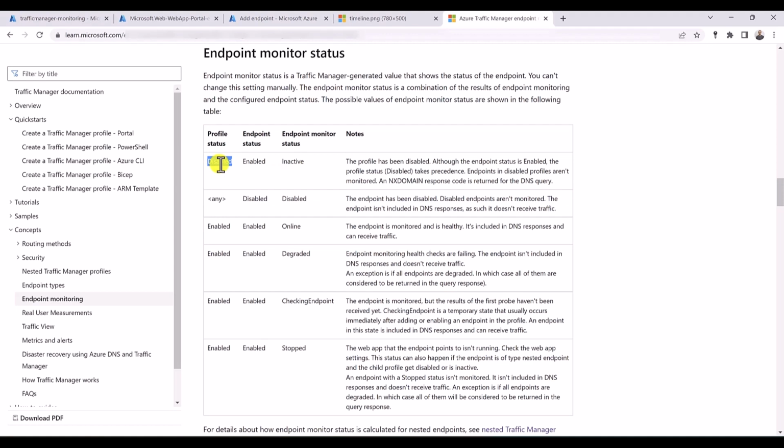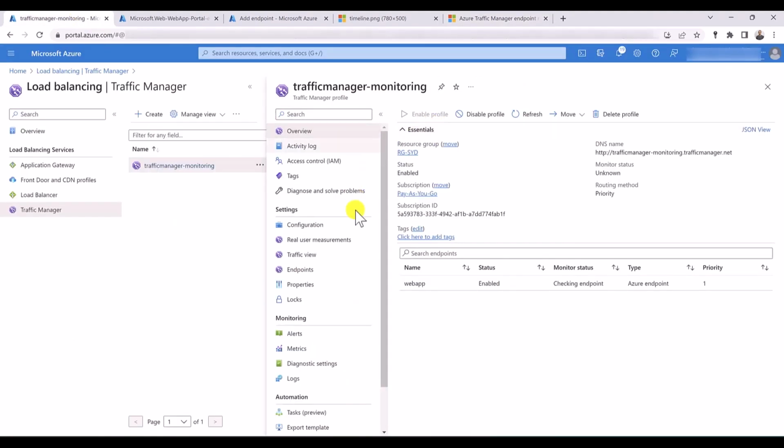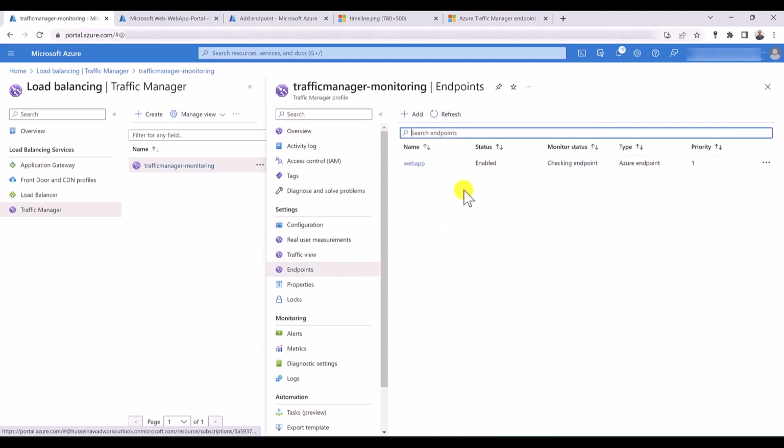And this is gonna impact all endpoints we have specified in our traffic manager profile, even though leaving the endpoint status as available or as enabled, it's gonna make the endpoint monitoring status as inactive because the global profile status is disabled. When the endpoint status is disabled, so when we go to a particular endpoint here and we disable it,